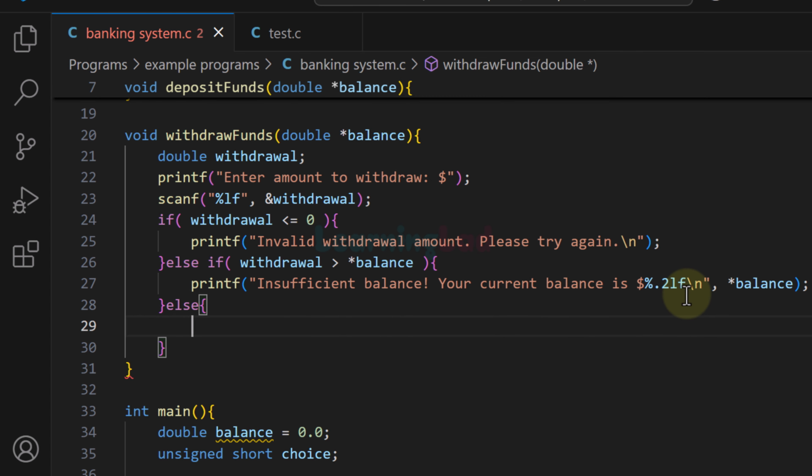If we come to this else part, it means that the user has entered a proper value that he wants to withdraw, a value which is not 0 or a negative number, and the user has entered an amount which is less than the balance that he has in his bank account. So what we can do, we can allow the withdrawal. So here we will